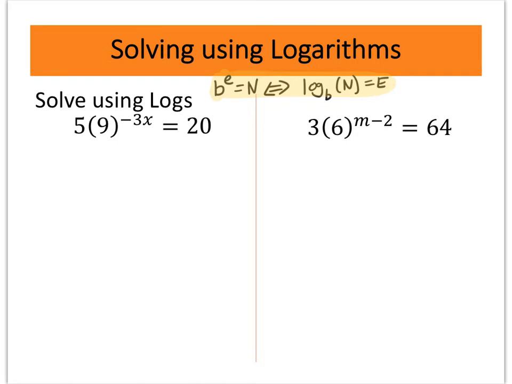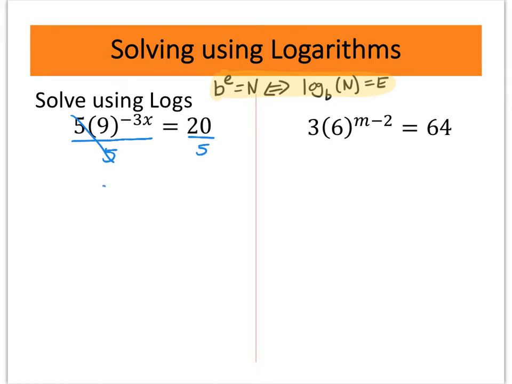So the main idea is that when we're solving, we want to be sure that we get rid of everything in front of the exponent. So here I've got 9 to the power of negative 3x, but I have this 5 that's multiplying in front. Same thing here. I've got to get rid of this 3 before I can use this because it's 3 times this exponent. Essentially, we want to think about PEMDAS backwards if that helps you know what order. So the first thing we're going to do in each of these is divide both sides by 5. We want to get rid of the 5. And so it's 5 times 9 to the power of stuff. So divide by 5,